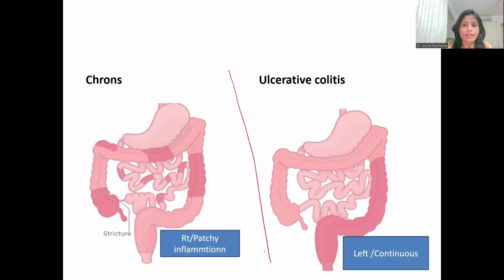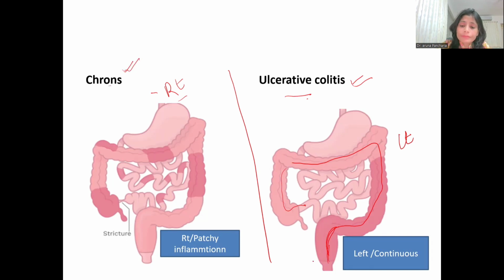The basic difference between ulcerative colitis and Crohn's disease, I will take some more time on. Ulcerative colitis is a left-sided disease, and you can remember Crohn's by the right-sided disease. The other name for ulcerative colitis is backwash ileitis, because this is a continuous disease, with continuous involvement from the rectum to the ascending colon, and sometimes it can reach up to the ileum. So we can use the word backwash ileitis, and Crohn's disease is regional enteritis. The word is regional enteritis for Crohn's.